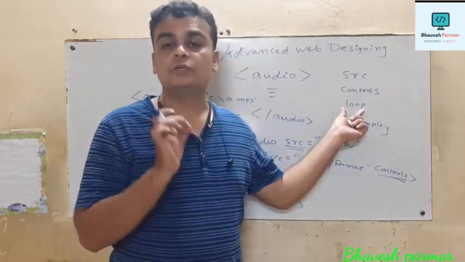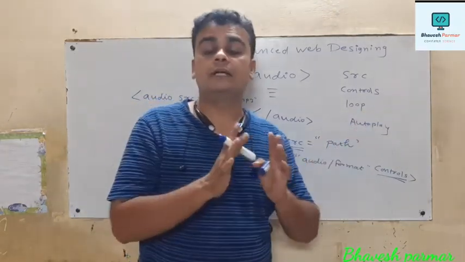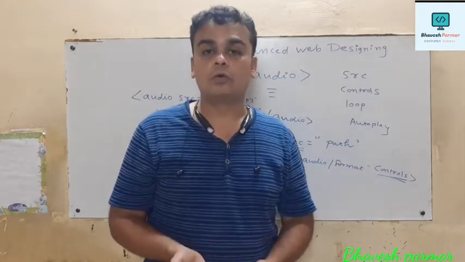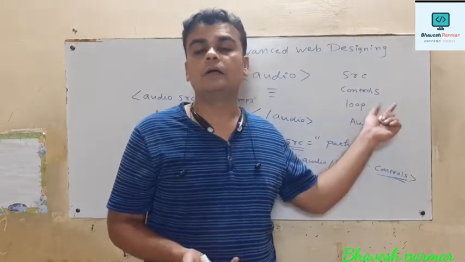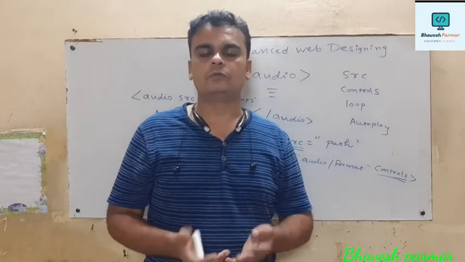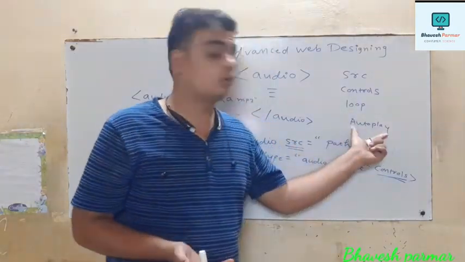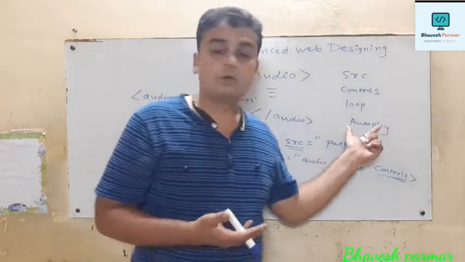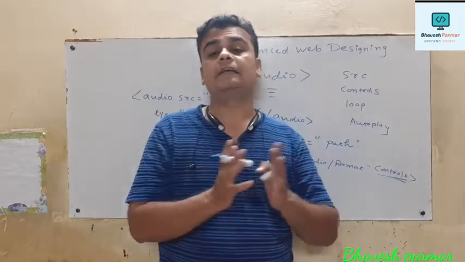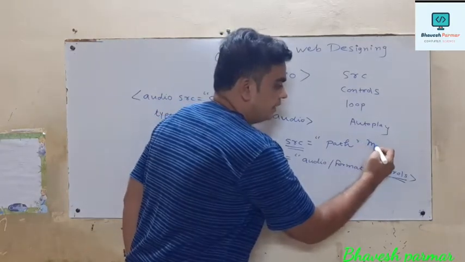In that case you should mention the number. Loop equal to 5 plays the given audio file 5 times. If you want to play more times, then you specify a loop number greater than 5, it depends on you. If you specify 20, it plays 20 times. Thereafter autoplay, as I told you, plays the given audio file automatically when it is loaded in memory. Thereafter the last attribute is muted.